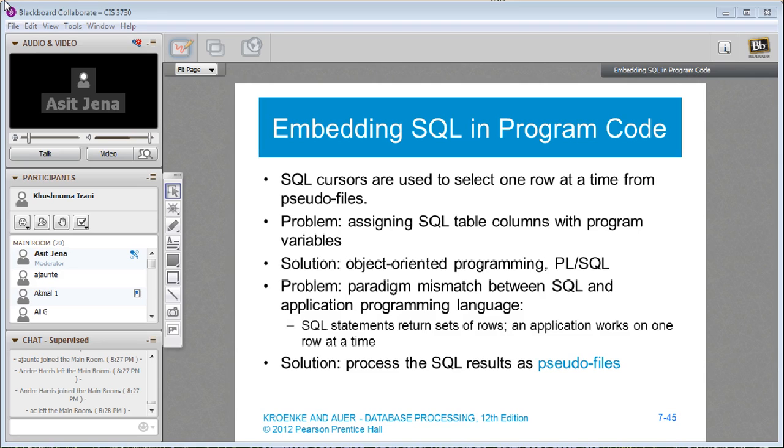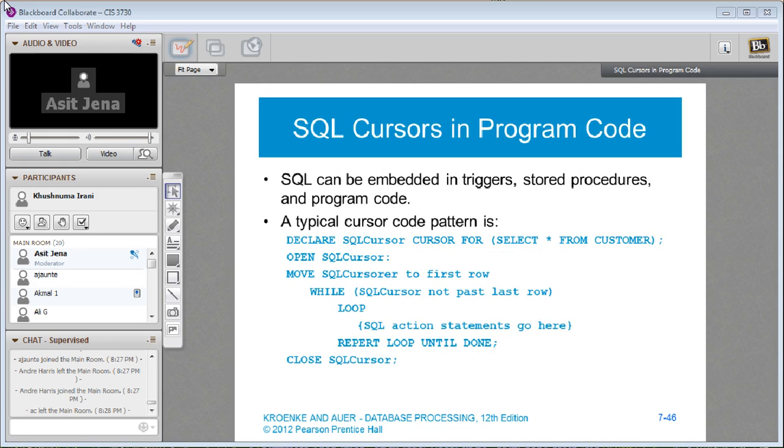One of the concepts that we talked about is a SQL cursor, and cursors are used to select one row at a time from a pseudo file. I don't know whether that's important, but okay. We're talking about cursors a little bit, and I'll just give you what a cursor is.